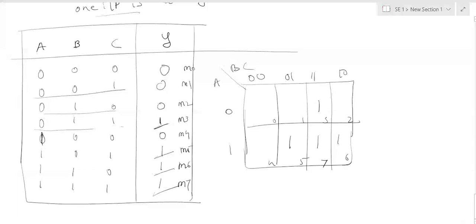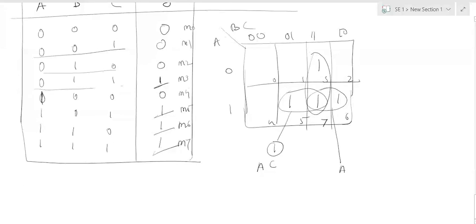After plotting the output 1 onto the K-map, now you make the groupings. How can you perform the grouping? This will be my first pair, this will be my second pair, this will be my third pair. Group 1, what is the expression? AC. For group 2, what is the expression? AB. For group 3, what is the expression? BC.